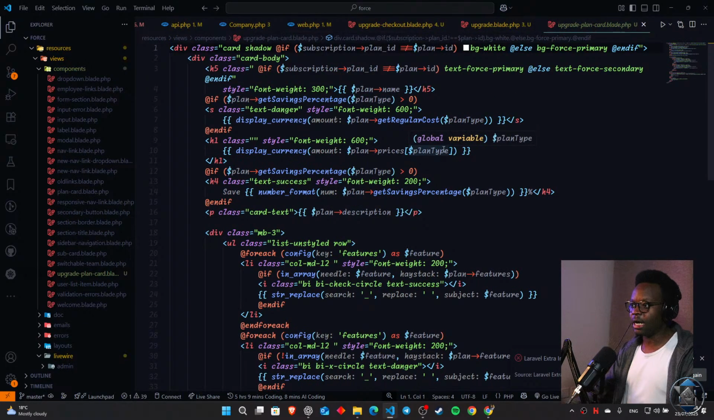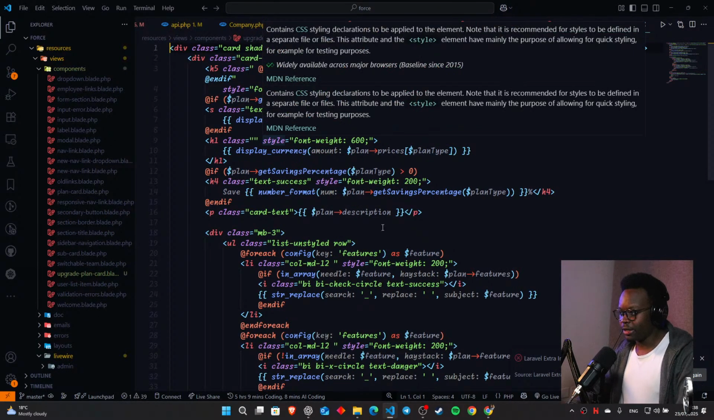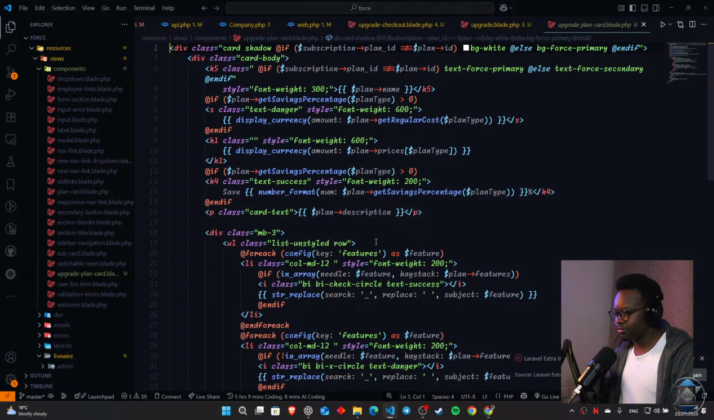inside this upgrade plan card, and I don't know if this font is good enough, honestly, for those guys who are viewing, but me, I'm enjoying it. I can read it very easily, and I don't know if it's going to be okay for everybody. Okay, so